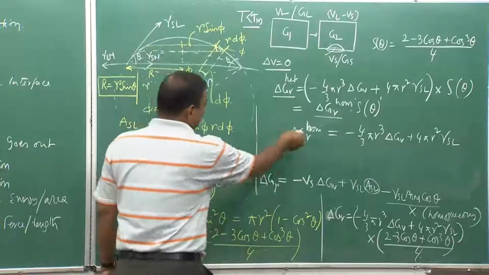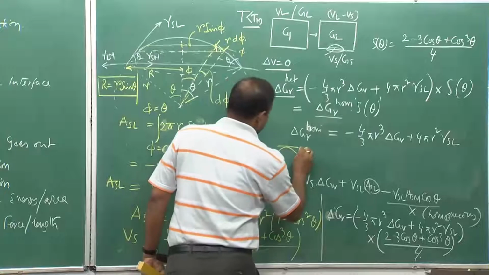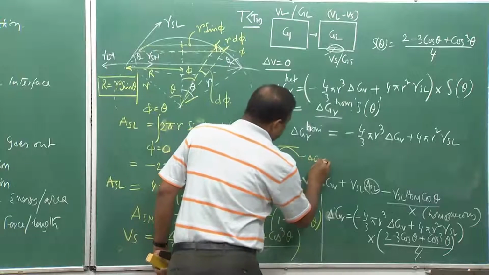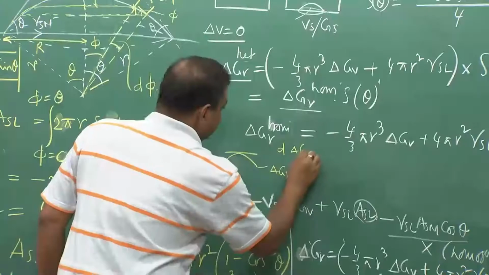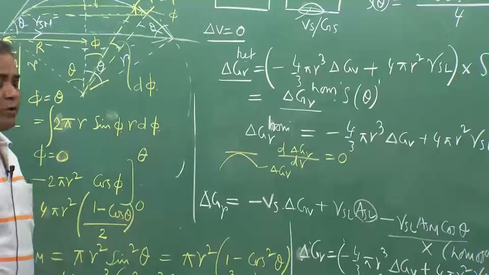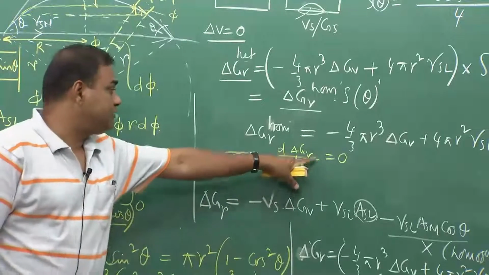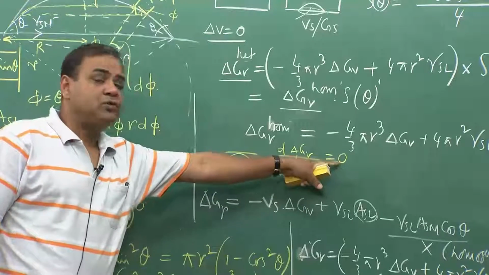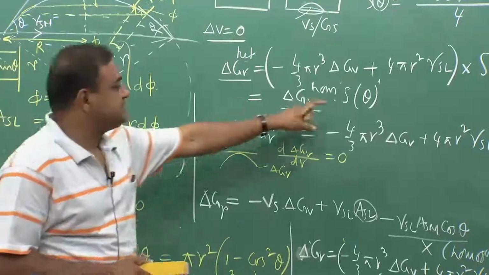So, here also we will have a hump like this, and this is the slope, and this would be my delta G r, and its slope delta G r dr equal to 0. Okay. If you want to find out what would be the r value at which this would go to 0, we can also do that, since S theta is independent of